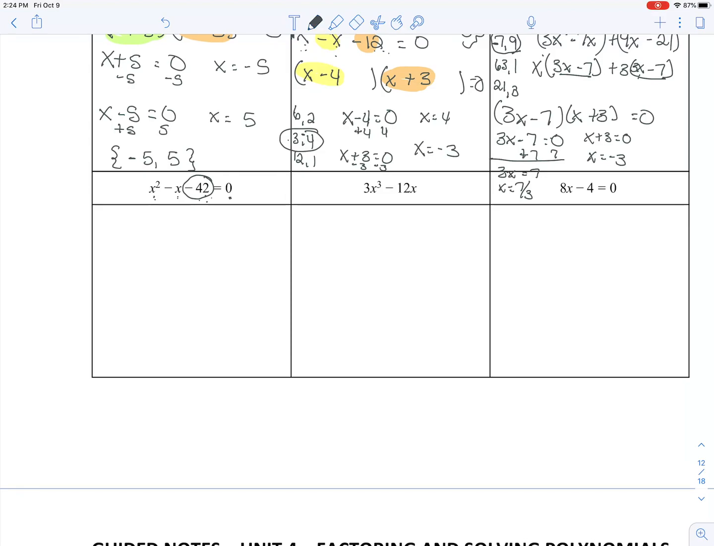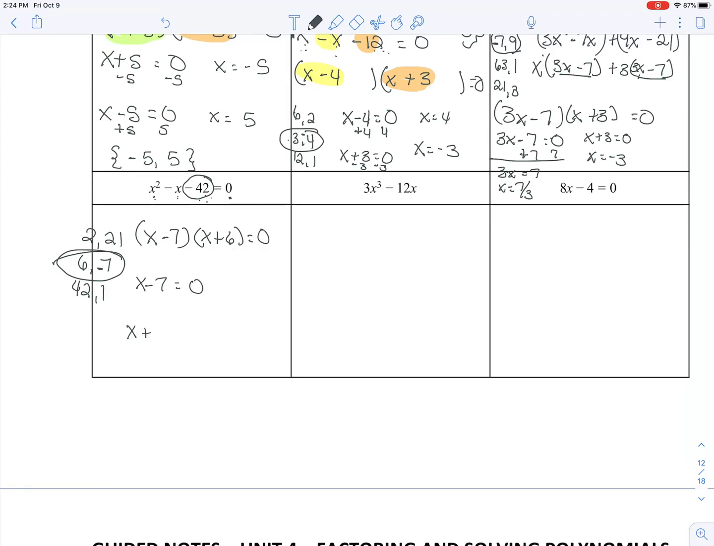So negative 42 is 2 and 21, 6 and 7, 42 and 1. So the only one that would work there is 6 and 7. Because I want it negative, the 7 has to be negative. So this is x minus 7, x plus 6,